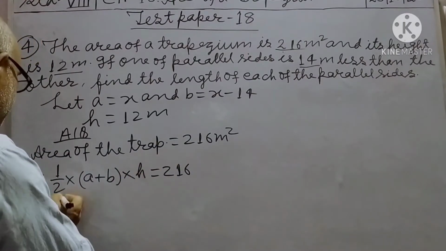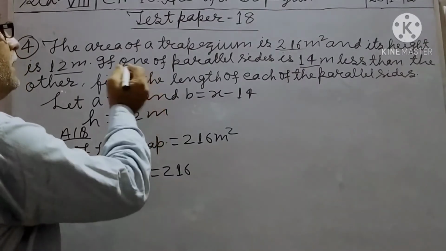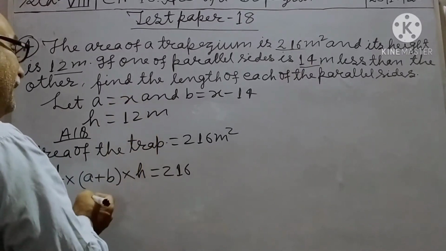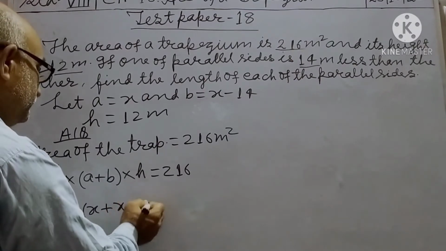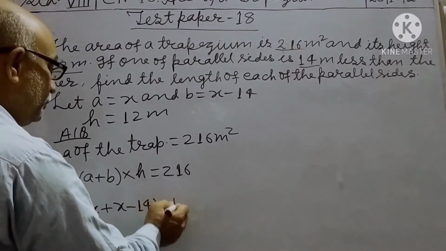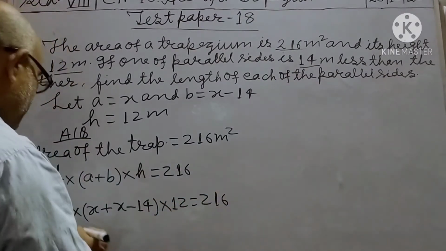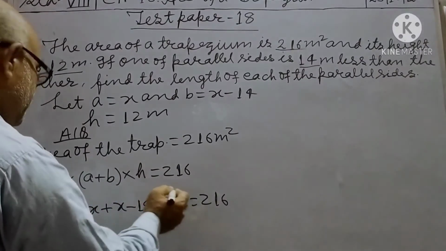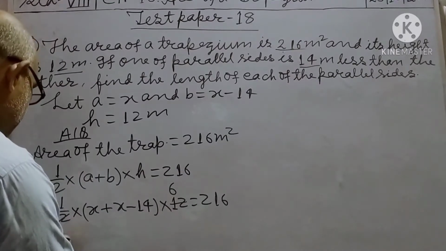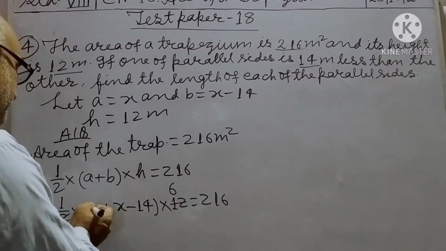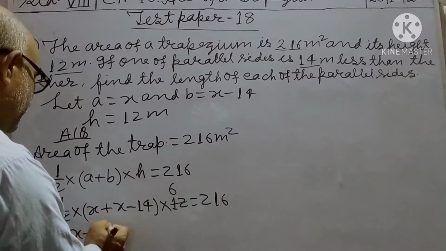That implies 1 by 2 into A, A is x, plus B is x minus 14, into 12 equal to 216. So 12 is divisible by 2, 6 times 2, 6 are 12. That implies x plus x, 2x minus 14